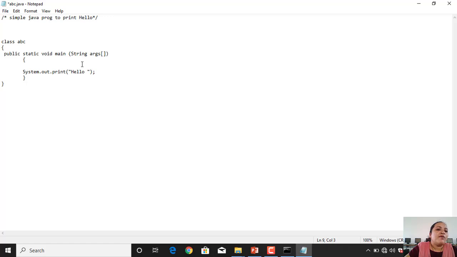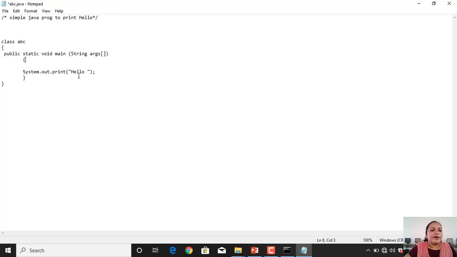Now String arguments shows that everything in Java which we take as input or output is of string type. Every object's value which it stores is an array of String class. Later on when we move forward, you will easily understand why we write that String array in our main method.